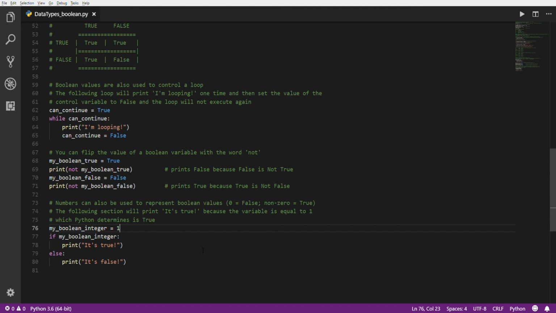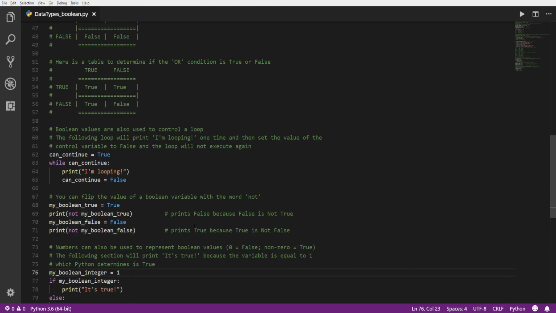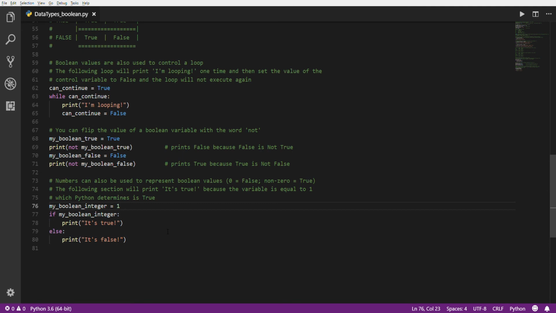The whole purpose of using Boolean data types is for control flow. Do you want to execute certain code on a certain condition, or do you want to execute this code based on a different condition? Or you want to do a loop condition, right? You will run over a whole bunch of code over and over again until something is false. That's the whole essence of what Boolean is, why we have it in computer programming, and